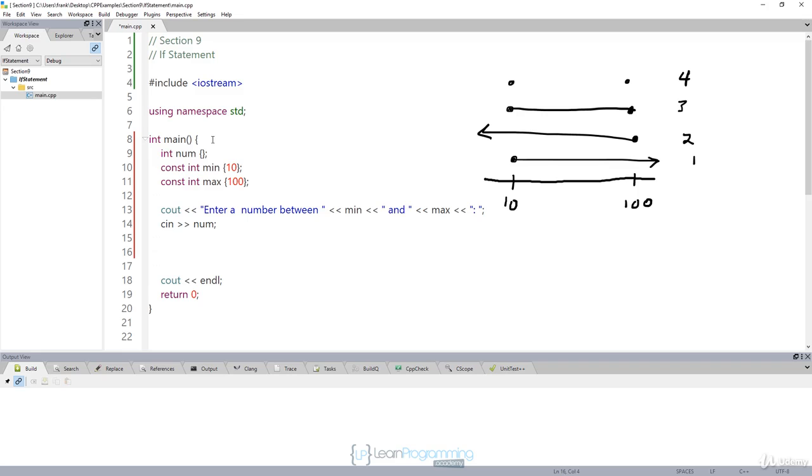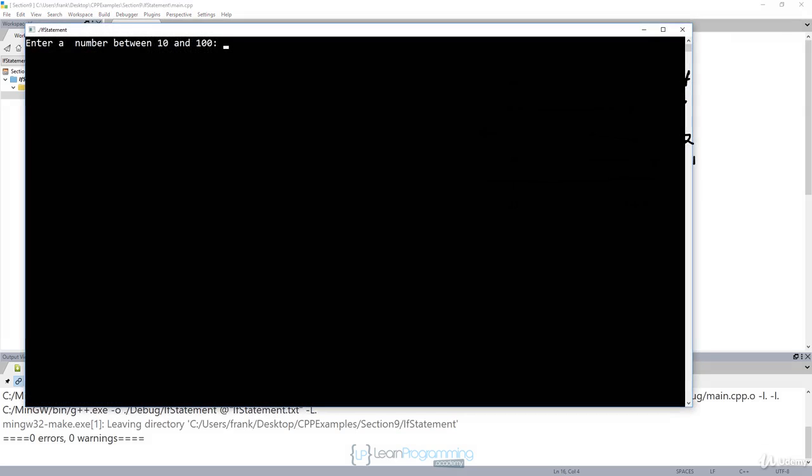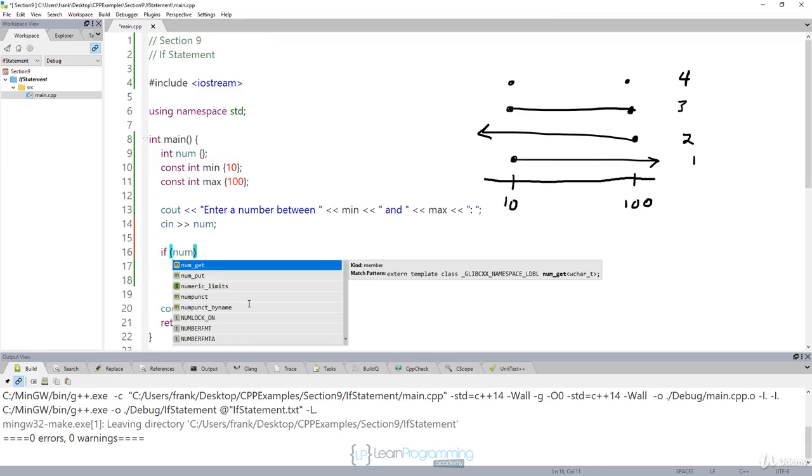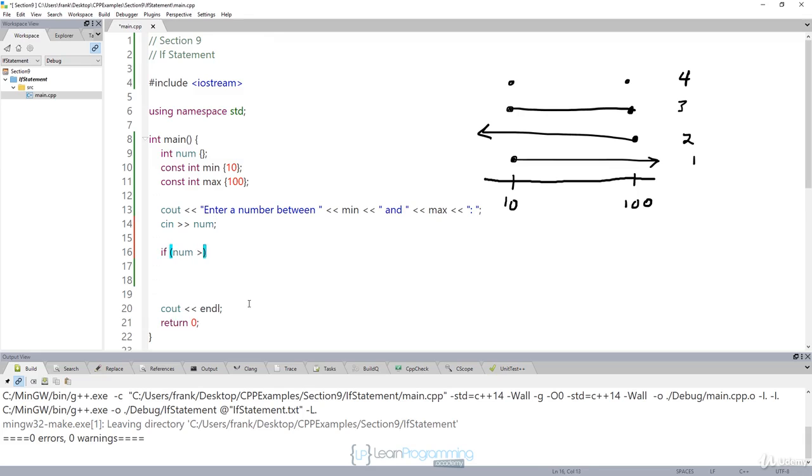Let's test that, make sure we didn't make any mistakes. Enter a number between 10 and 100, exactly. And I'm entering 10. I'm doing nothing right now with it. And let me just get rid of that little extra space that I had there. Okay, so now let's write our first if statement. That'll be number 1 here. So I'm simply going to say if the number that the user entered is greater than or equal to 10,